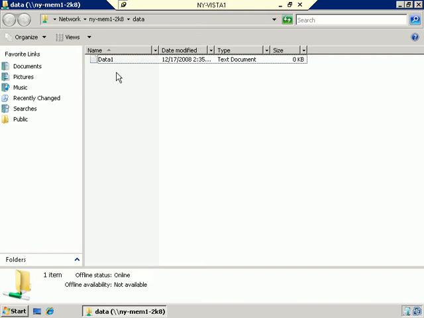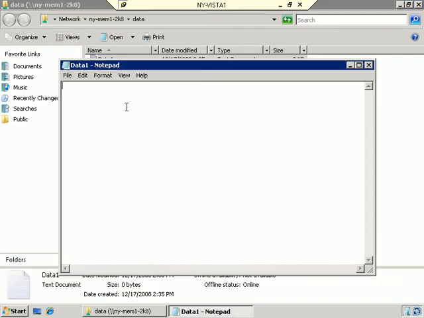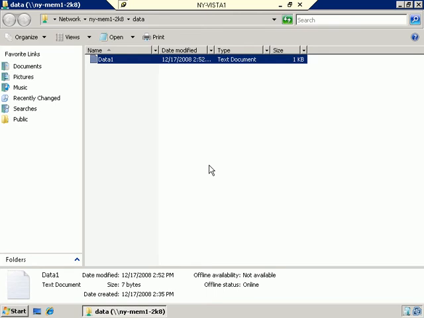In other words, if everybody, or let's say a dozen people, were to take a copy of this on their own local machine and go away from the office and then open it up and then make some changes to it, well, what's going to happen is when they come back to the office and they connect back into the company network and connect back to New York Member 1, it's going to attempt to resynchronize this file with the